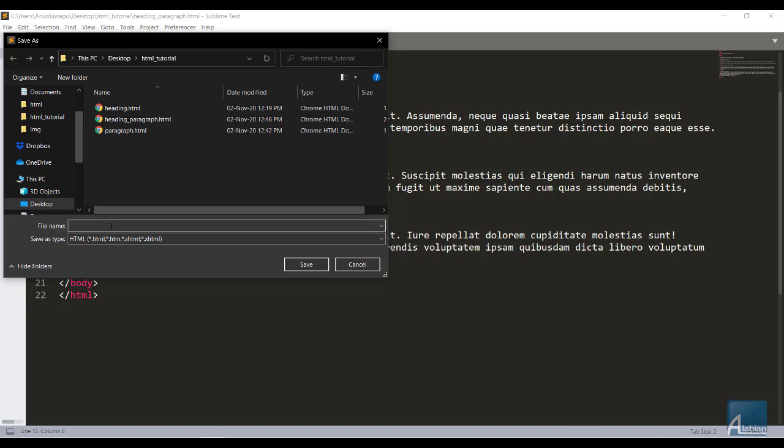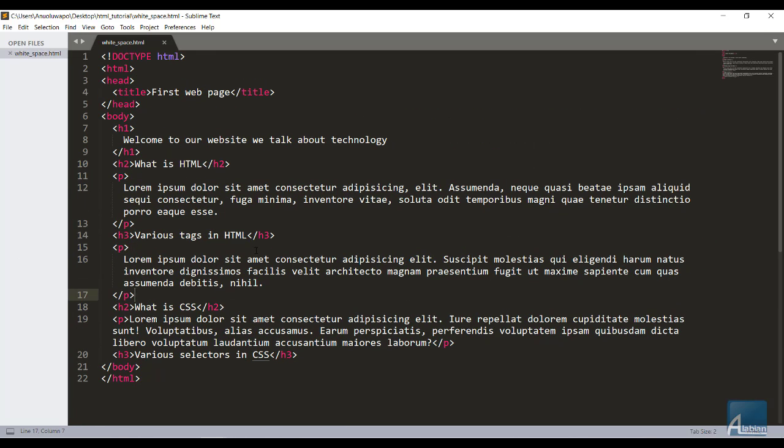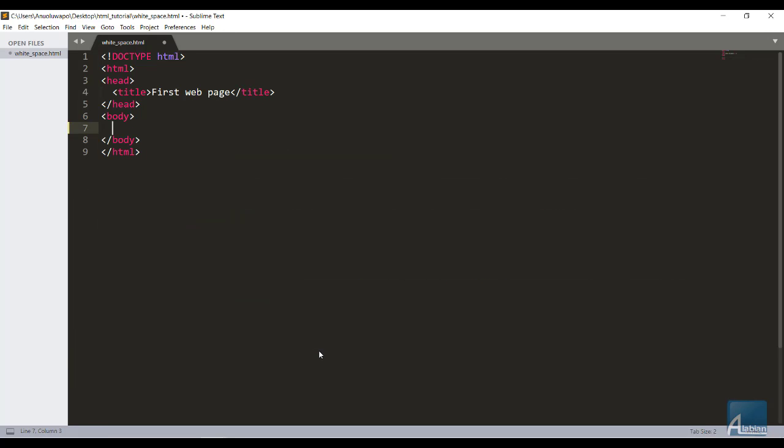Sorry, white space. Okay. Now, what I'm trying to say, let me delete all these. Let me delete all this. Let me change the title to white space. Okay. Now, what white space is trying to say is that the browser will only treat every other